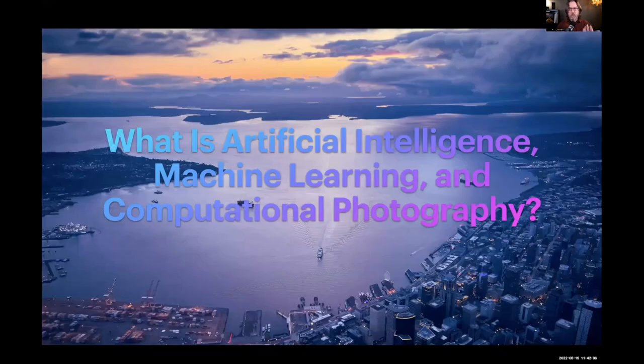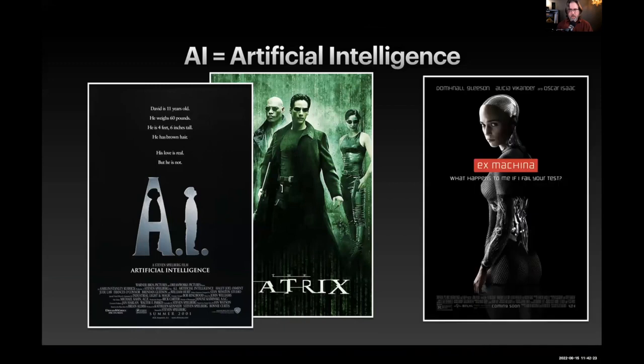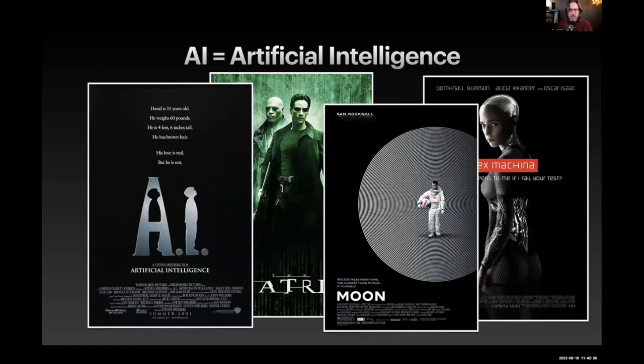All right. I think already I've said artificial intelligence, machine learning, and computational photography, and those terms get thrown around a lot. So let's nail down what these mean, because they actually have specific meanings, but they're used in really weird ways. So AI is artificial intelligence. And when you hear AI, you probably think of these sci-fi movies. It's a catch-all term. And I'm pretty sure that real data scientists, real AI scientists probably bristle at the term, because artificial intelligence really means